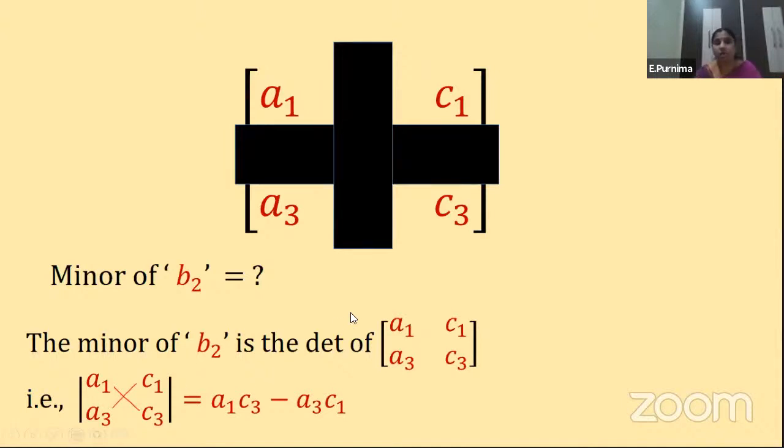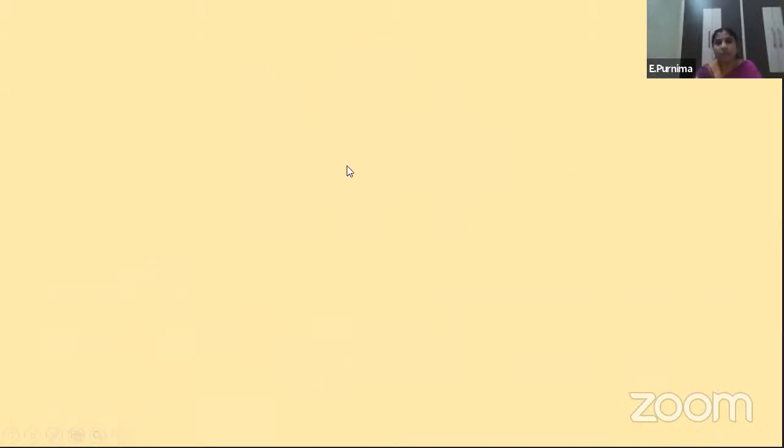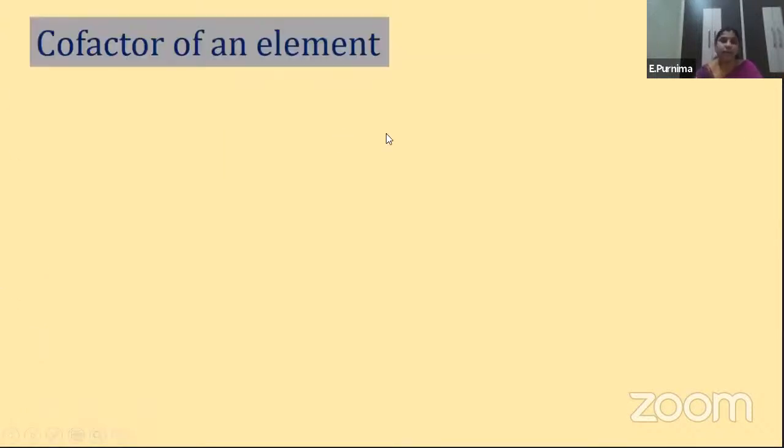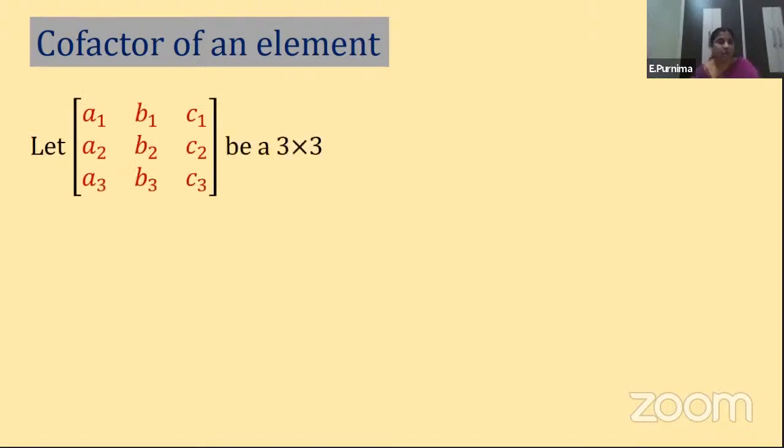Okay, children. So now here, the most important one is the cofactor, which is related to the minor. So what is a cofactor of an element? As we have discussed here, in total 9 elements we find out. So for each element we can find out the minor. Similarly, for each element of a matrix, we can find out the cofactor. Is it clear? So now what is a cofactor? What is the meaning of cofactor? A1, B1, C1, A2, B2, C2, A3, B3, C3 is a 3 by 3 square matrix.